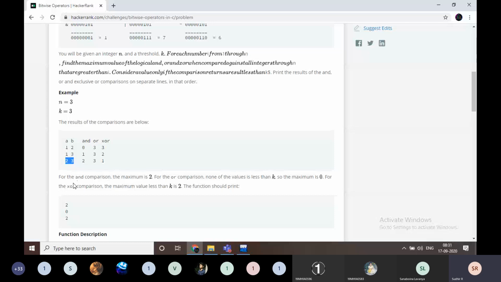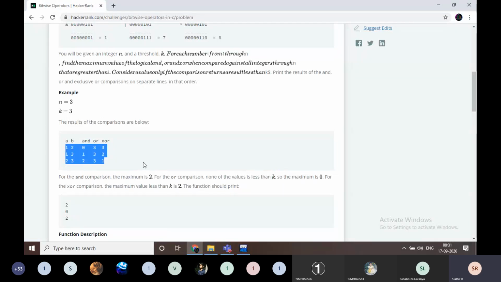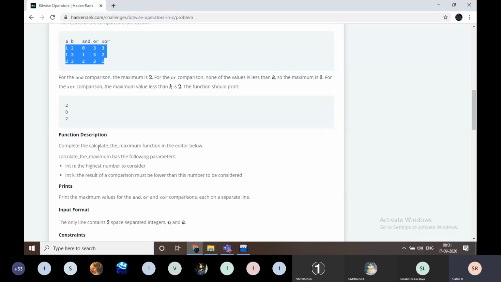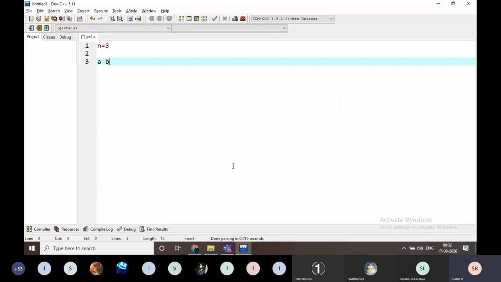Okay, from this explanation also I got some information. Complete the calculation here. N is the highest number to consider. K is the result of comparison, it must be lower than k, and this number must be considered. Okay, I will show you how it takes.